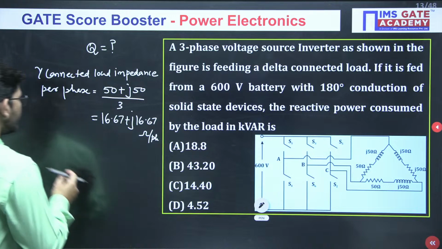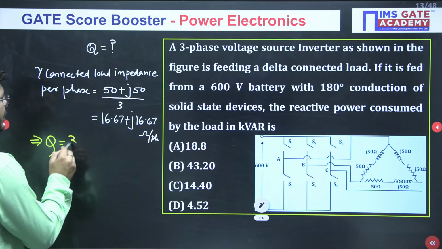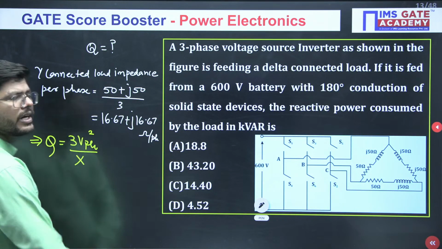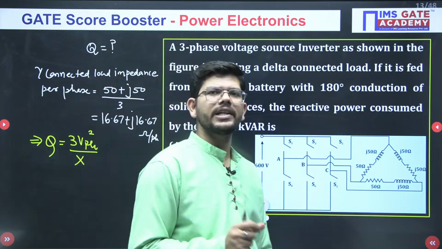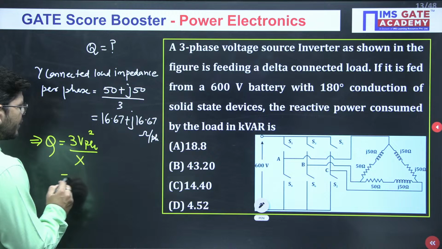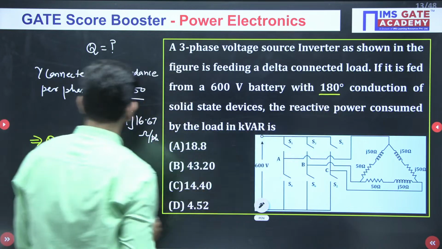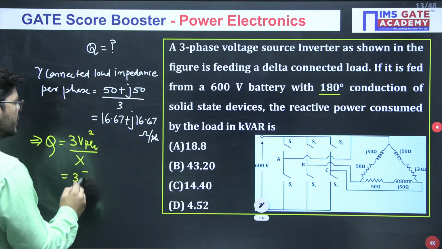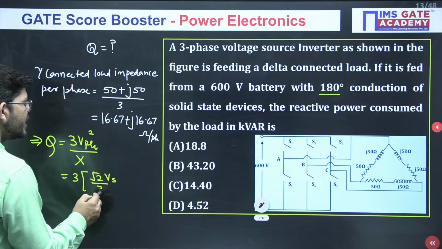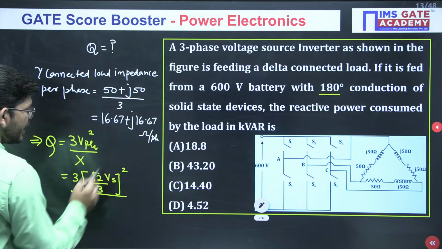Now what do we have to do? We have to find the reactive power, isn't it? So reactive power will be simply 3 V phase square divided by X. In order to get the reactive power, we only have to use the reactance, not the complete impedance, isn't it? So for V phase, what converter do we have? We have a 180 degree converter. So in a 180 degree converter, what is the phase voltage? The formula for phase voltage is root 2 Vs by 3. So you will square it, and the X value here will be